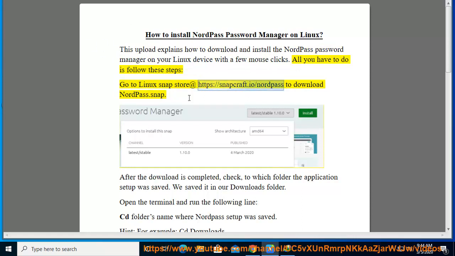Go to Linux Snap Store at https://snapcraft.io/nordpass to download nordpass.snap. After the download is completed,